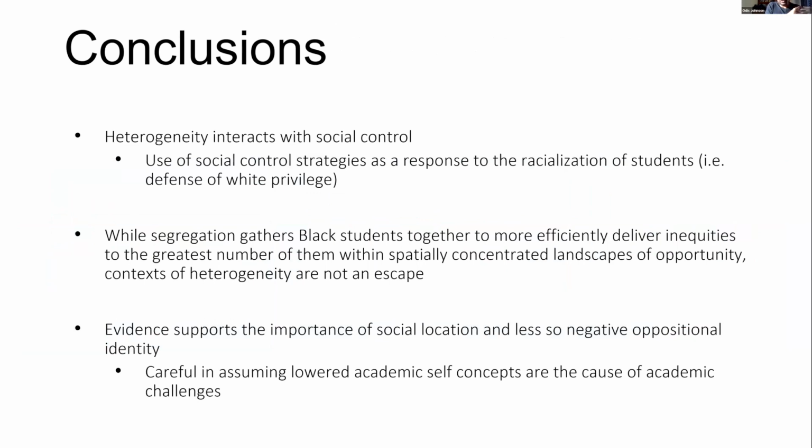Use of social control strategies as response to the racialization of students, meaning there might be some defense of white privilege going on here, meaning that perhaps Black kids who are within those majority white contexts that are perceived to have been misbehaving are thought of as more serious threats or are